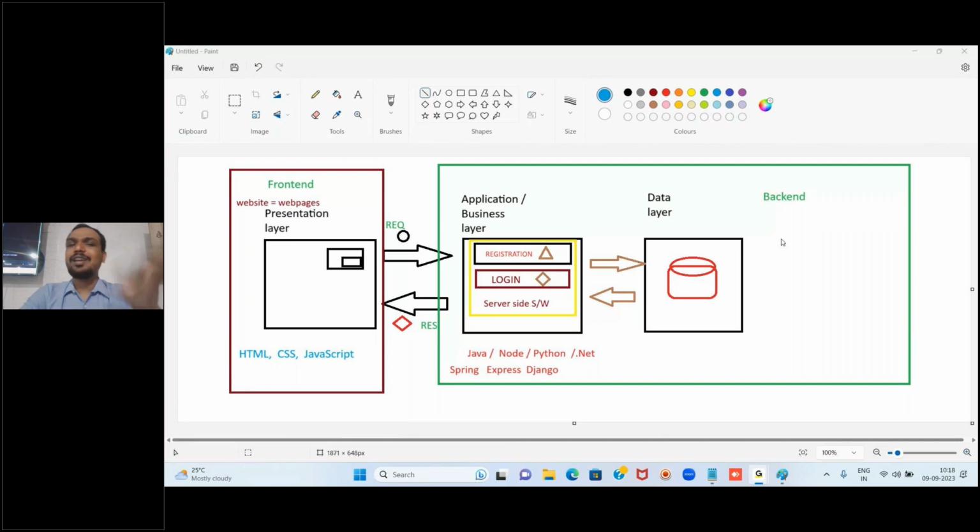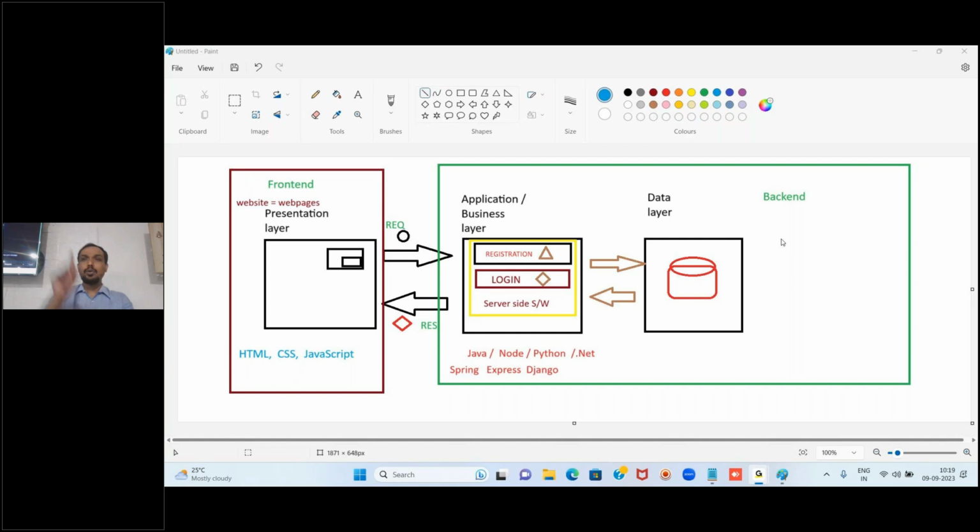So that is what full stack development is about. Before we learn anything, first we should know exactly what it is. It's not that we directly take some technology names, dig into them and start learning. No, first we should know why we have to learn it, what exactly it contains, and what its purpose is. This is what full stack development is about, and the people who do this are known as full stack developers in the industry.